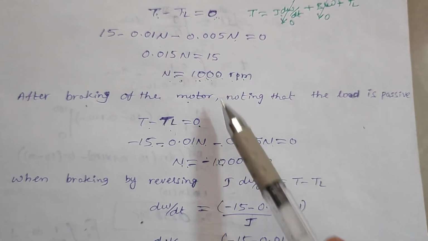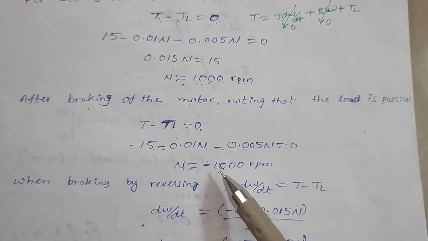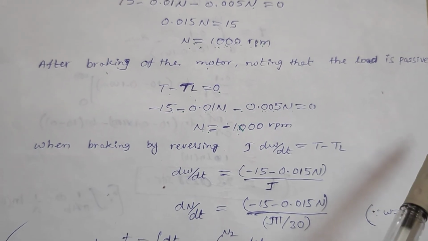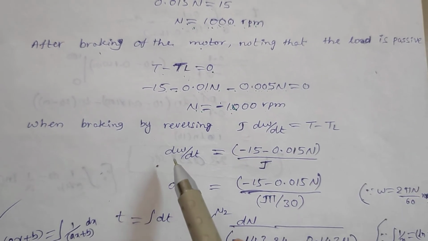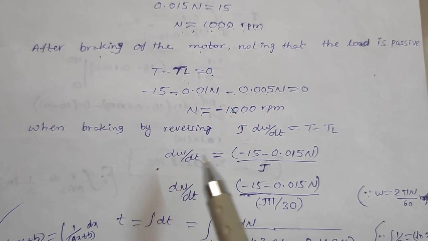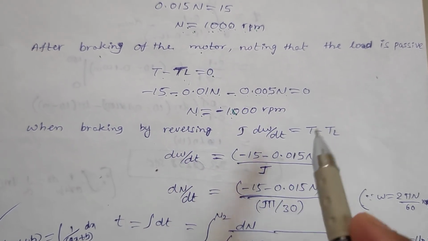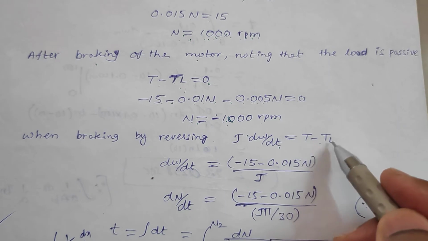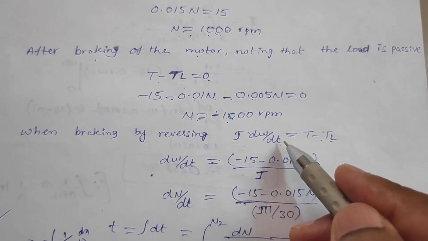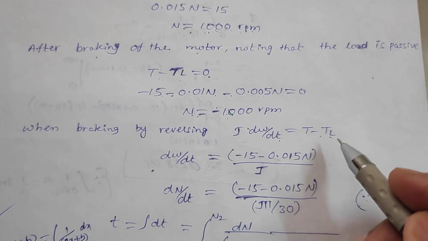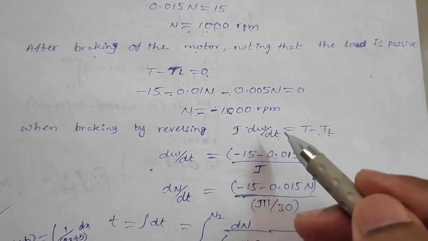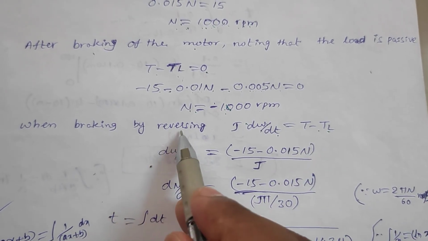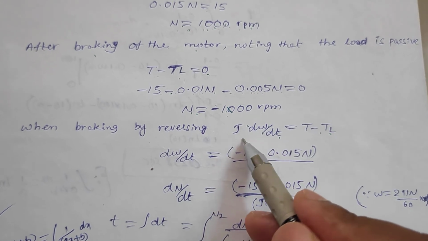During this process, what is the time taken for this speed reversal? That we need to find out. To find the speed reversal time, or transient time, during braking by reversing, another component will be added. From the equation T is equal to J into d omega by dt plus TL, which we also used in the derivation. By comparison with the other components of the torque, the inertia torque is little higher, that's why we include the inertia torque during the transient operation. As reversing is a transient operation, we include this inertia component also.